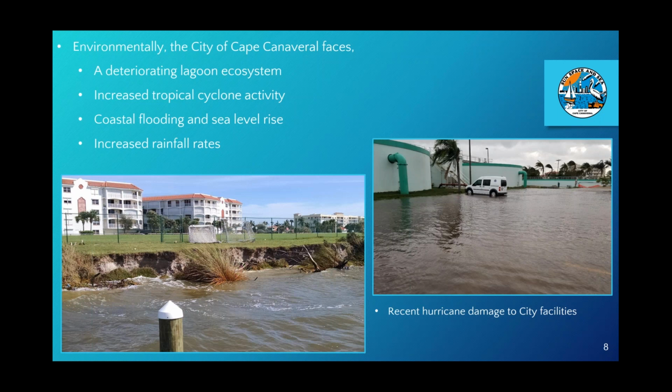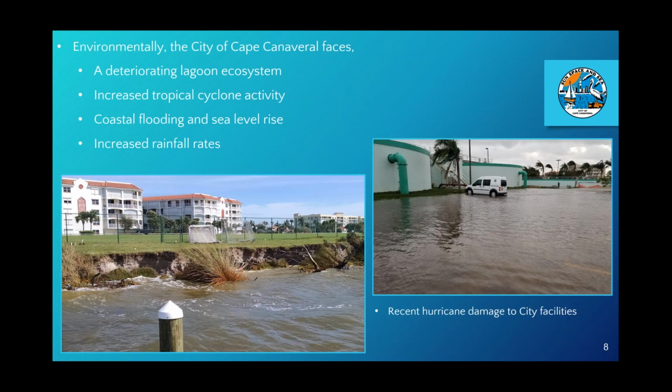We are faced with a deteriorating Indian River Lagoon ecosystem, highlighted in the Marine Resources Council's latest Indian River Lagoon report card, something we put out on the weekly update for residents to see late last year. The Indian River Lagoon occupies 40% of Florida's east coast, comprises 6 counties and 39 cities, generates $7.6 billion annually towards Florida's economy, is home to 1.6 million residents, and is one of the most biologically diverse estuaries in the continental United States, with 4,300 species documented.